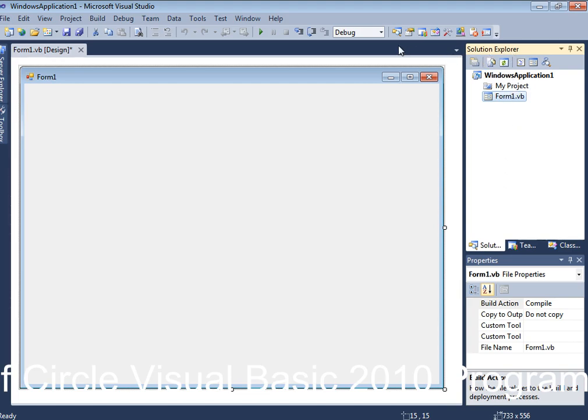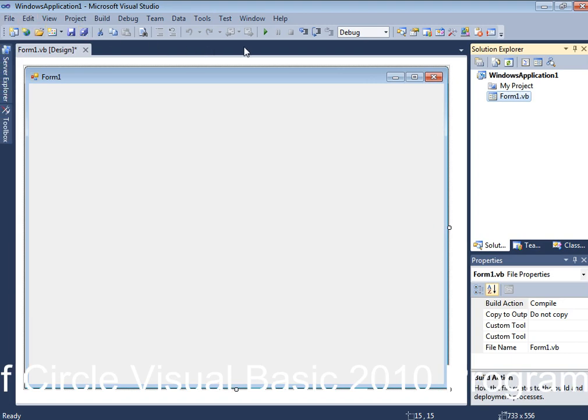In addition to that, you see the window here, and the most important button is the one that, after you write the program, you click on and it will open the object code. Whenever you double click on any of the controls, it will open the object code. When it opens the object code, you can write the Visual Basic code there, following the syntax of the programming language, and after that you have to debug. This is the button for debugging, and then you can see where the errors are. If any syntax error is there, you have to correct it and make sure those errors are removed.